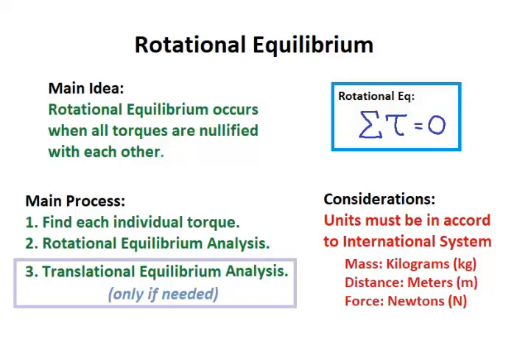Okay, we're going to work with the concept of rotational equilibrium. The main idea is that rotational equilibrium occurs when all torques cancel each other out, torques being responsible for making objects rotate. So if different torques combine and cancel each other, that means there is no interacting force that will make an object rotate. In other words, the object won't rotate, there will be a rotational equilibrium. Or if the object was already rotating, there will be a steady rotation,